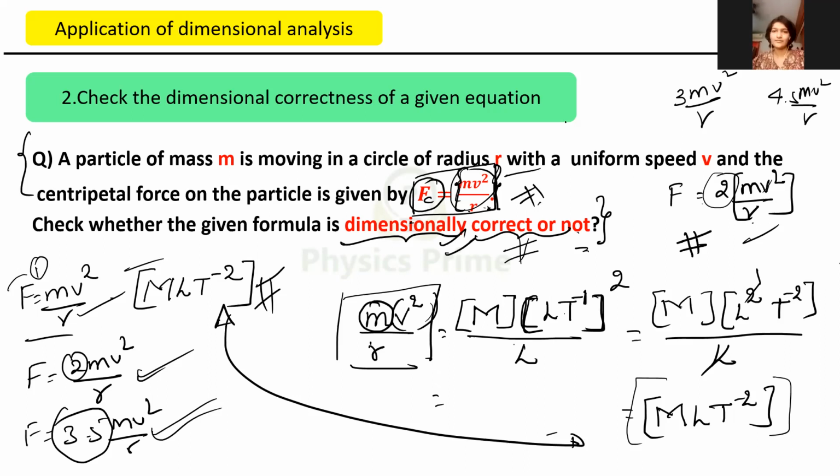That is a limitation of dimensional analysis in theory you might study for the CBSE board exam. What are the limitations of dimensional analysis? In that limitation, you will say we cannot say whether the formula is correct or not. Because every correct formula is dimensionally correct, but every dimensionally correct formula is not a correct formula. This is also dimensionally correct. This is also dimensionally correct. But you know what is the correct formula? You don't know, right? No, sir.